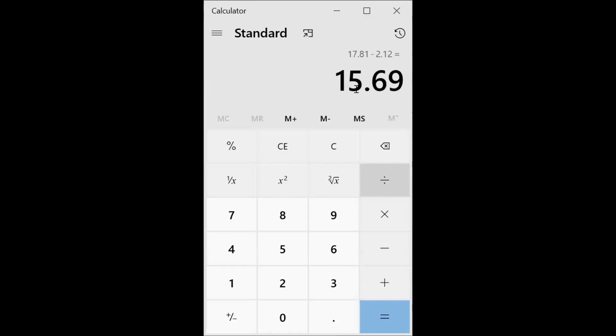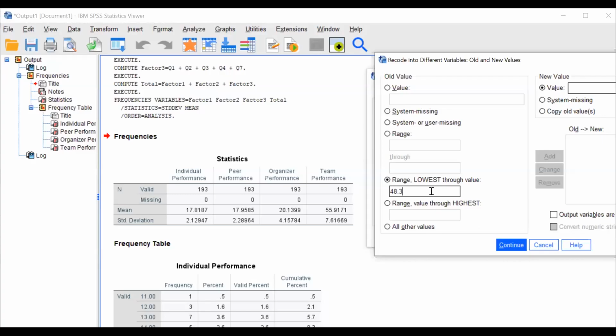I am going to type 48.30. Now I am going to label it as 1.